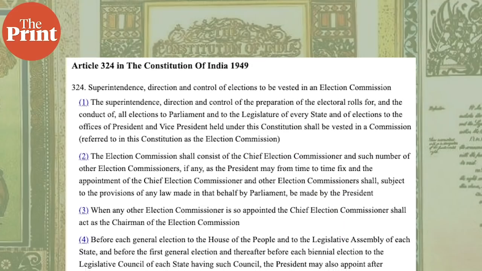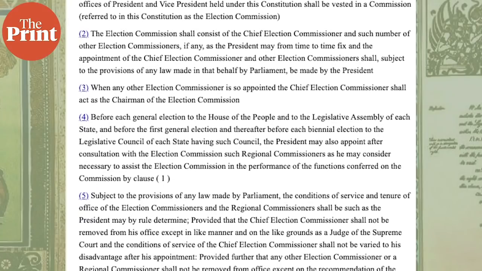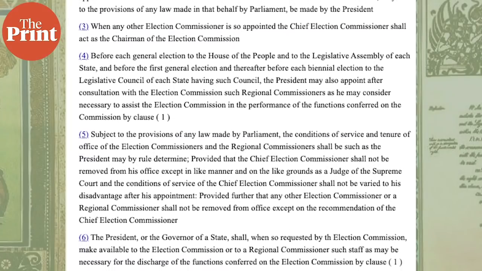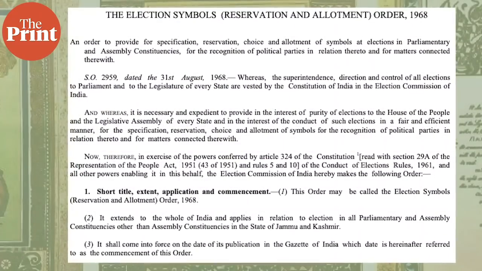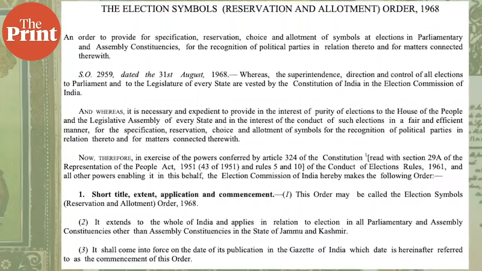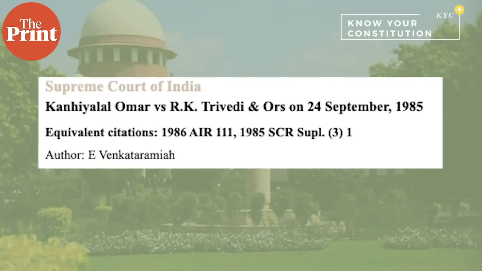So this week on KYC, I began with an explainer on the Election Commission of India's powers to take decisions on party symbols. Now, Article 324 of the Constitution vests the power of superintendence, direction and control of elections in the Election Commission of India. This is the provision under which the Election Commission issued the Election Symbols Reservation and Allotment Order 1968. The Supreme Court in 1985 also recognized the source of this order as Article 324 of the Constitution. It said that the words used in Article 324 can easily encompass the powers granted to the EC on election